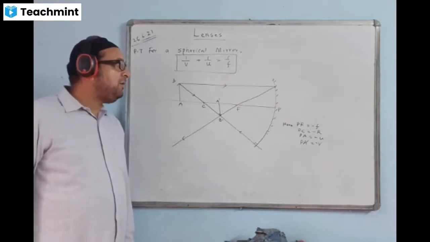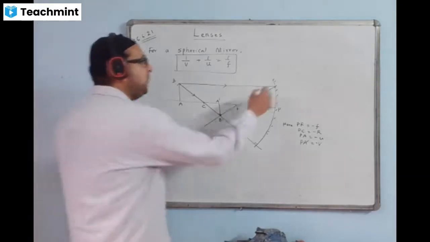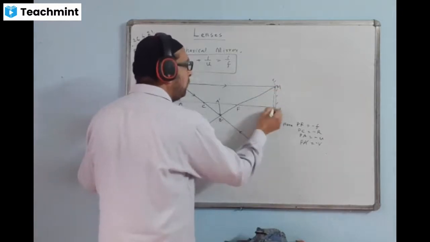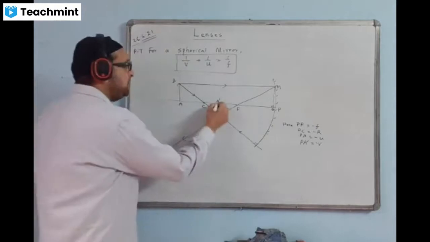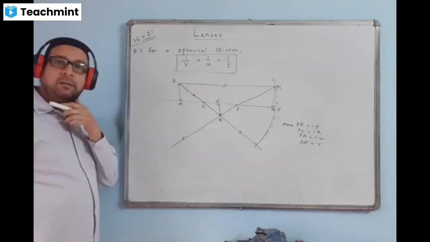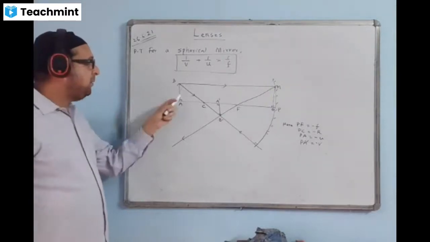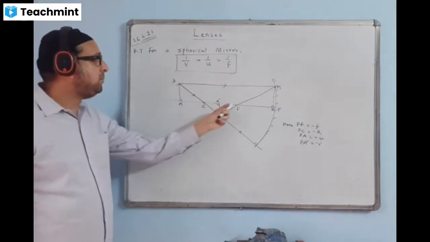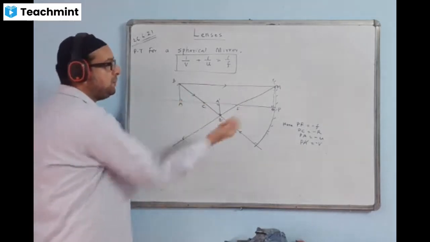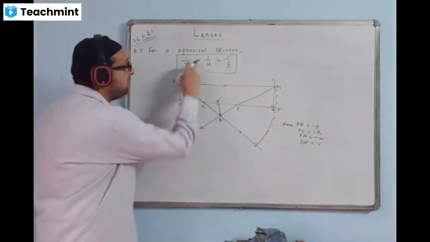Okay, here also I will take similar triangles. From this point I will mark this M, draw perpendicular O. MO is the perpendicular drop. This is also perpendicular, this is also perpendicular. Again, I will be taking similar triangles. Set of 2 similar triangles I will take. First one is this one, these 2 are similar, and this one are similar. I'll name them. These 2 are similar, and these 2 are also similar. After that, you carry on with the equation and you'll get this result.